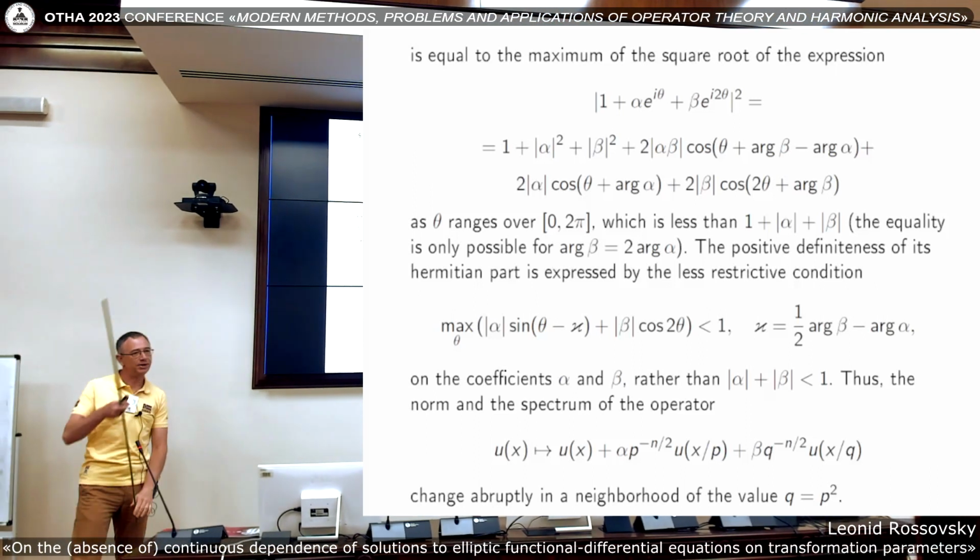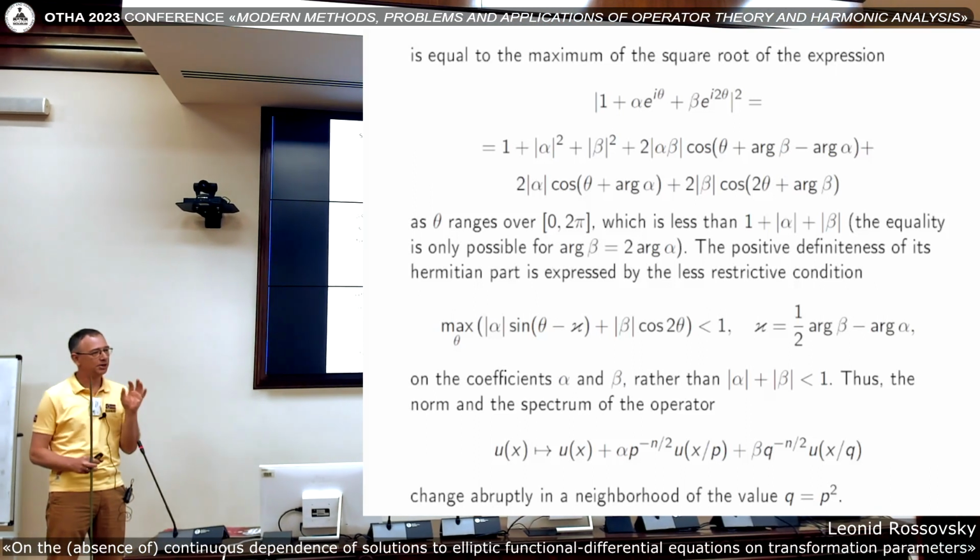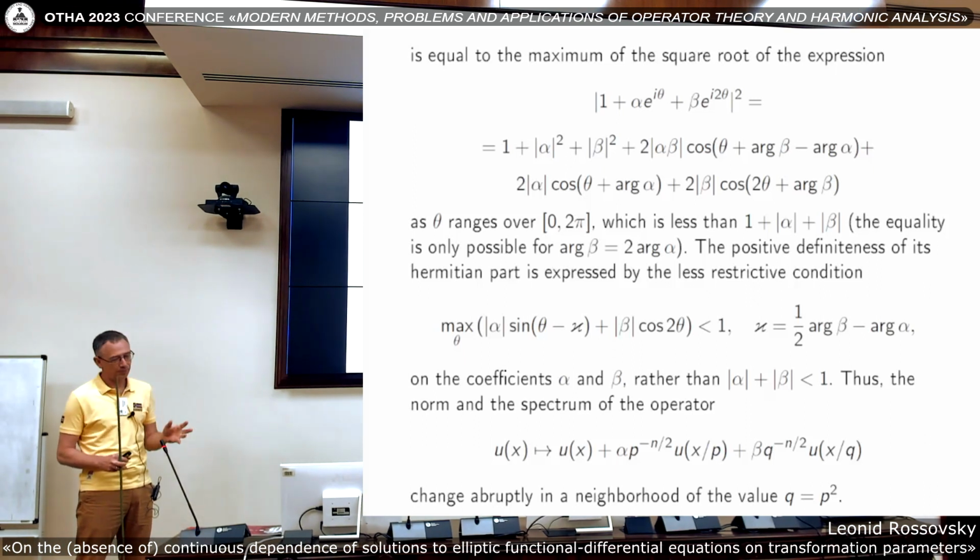So here we have stability. We have stability for multiplicatively incommensurable scaling parameters, and instability in a neighborhood of